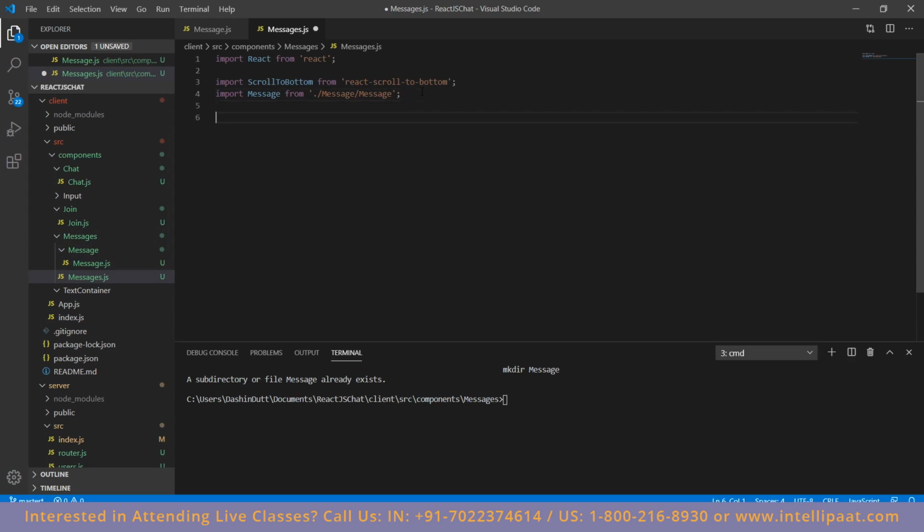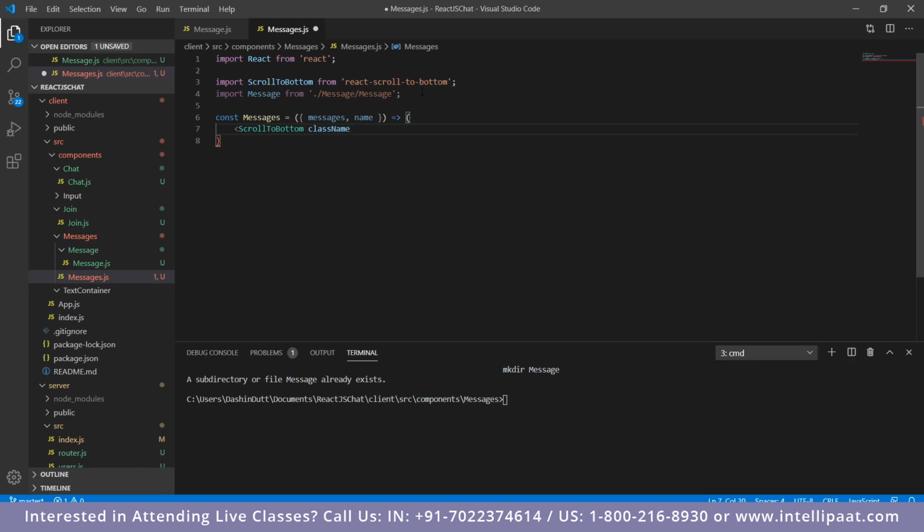Once that is done, we'll simply type in the function for this. Two parameters that we need to pass. First is the actual messages, so that we can see all the messages that are present on the screen. Second is the name. So create a function for this. Use the scroll to bottom function that we've imported from React scroll to bottom,